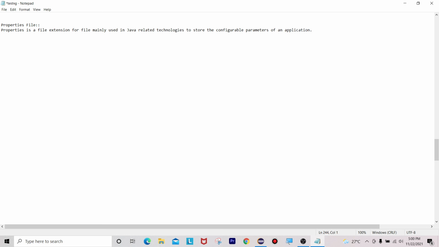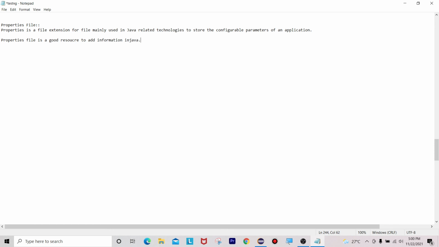And a properties file is a good resource to add information in Java. Okay, a properties file is a good resource to add information in Java.